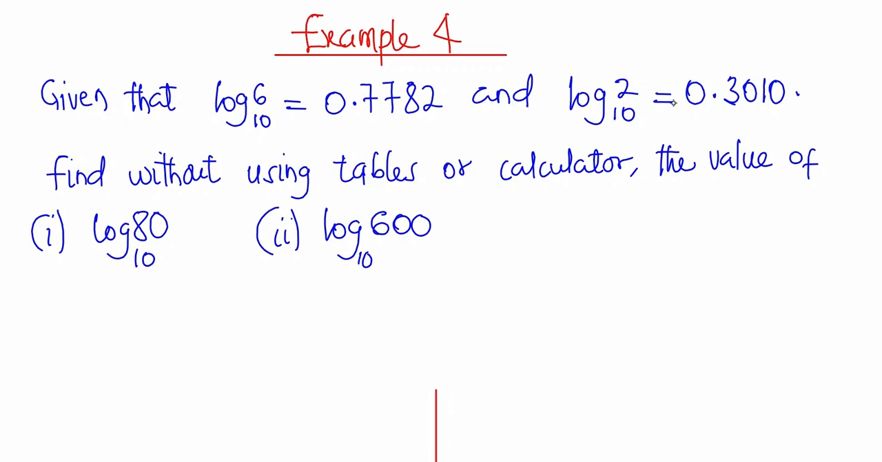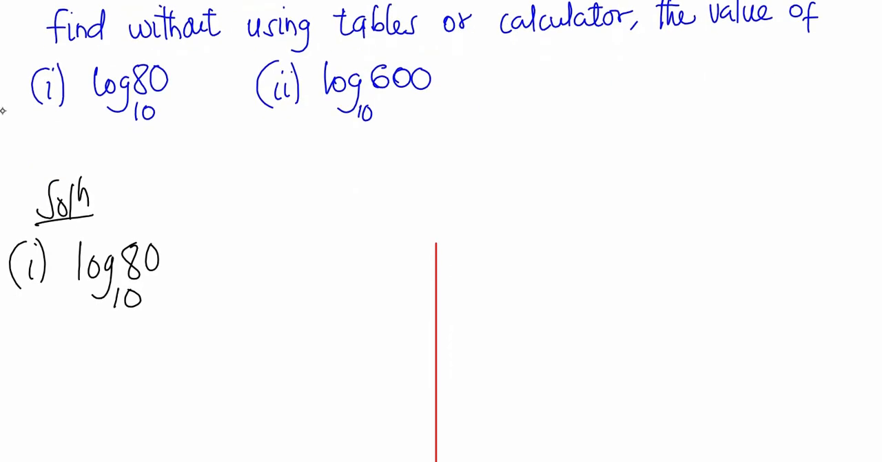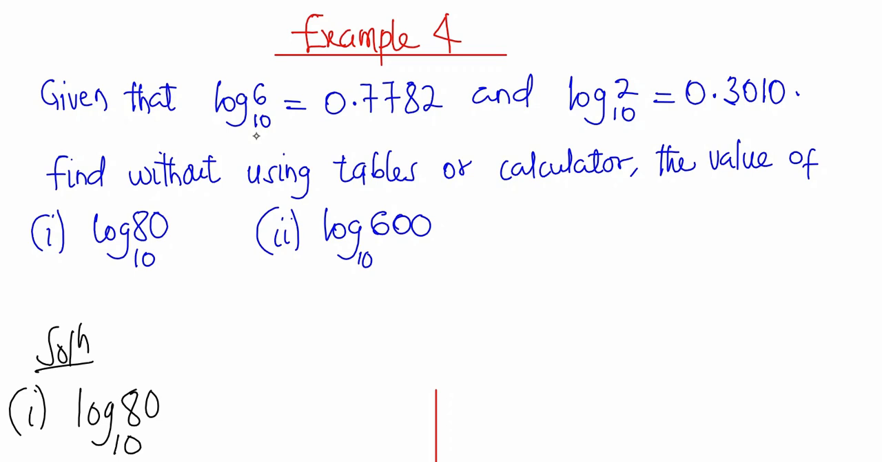and logarithm of 2 base 10 is equal to 0.3010. Find, without using tables or calculator, the value of log 80 base 10 and the value of log 600 base 10. So let's take it one after the other. So the first one, it says that we should find the value of logarithm of 80 base 10. Now we ask ourselves, how can we express logarithm of 80 base 10 so that we get logarithm of 6 base 10 and logarithm of 2 base 10, so that we do the quick substitution